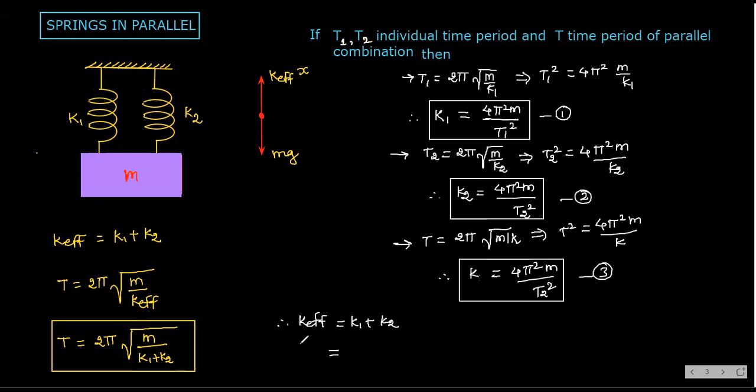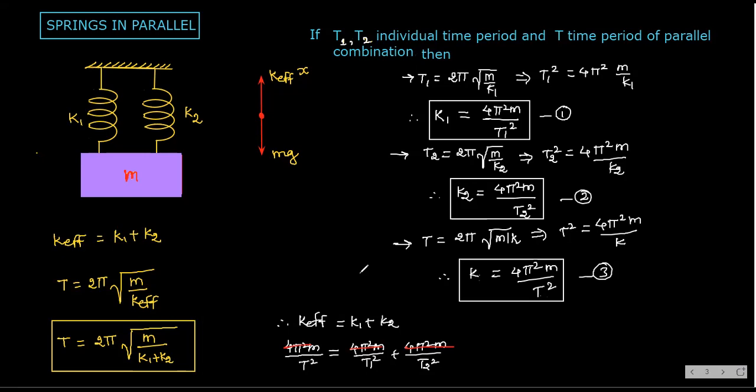Now, so K effective is what? 4 pi square m by T square only, right? Not T2. Already finished above now. This is T square. Okay, check it now, right? So 4 pi square m by T square is equal to 4 pi square m by T1 square plus 4 pi square m by T2 square, and just cancel this 4 pi square m